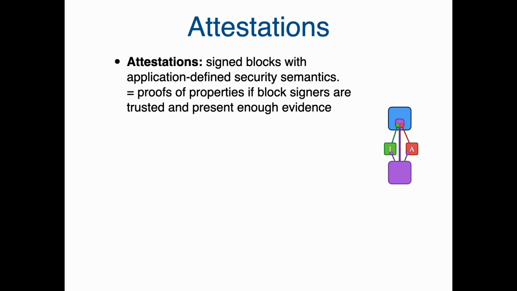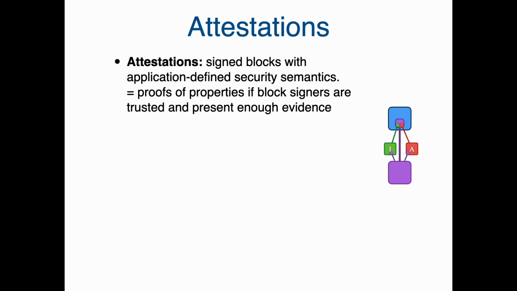So attestations are not intended to be universal proofs. You may not believe an attestation. The idea is you as an observer may trust some people, and based on who the attestation came from and the evidence that's provided, you may then interpret that to guarantee some kinds of availability or integrity properties. And so Charlotte is very non-prescriptive here. What we're trying to create here is a framework where we can decide who trusts what and what properties are being ensured from the perspective of different observers.